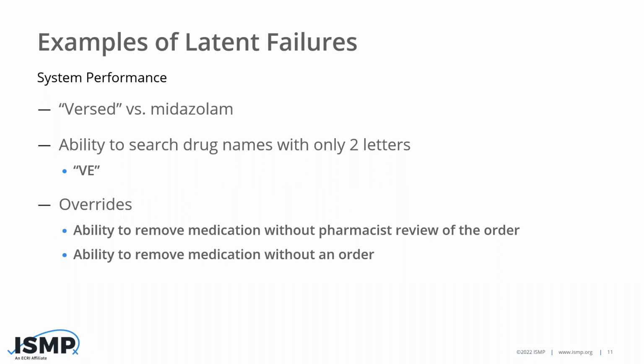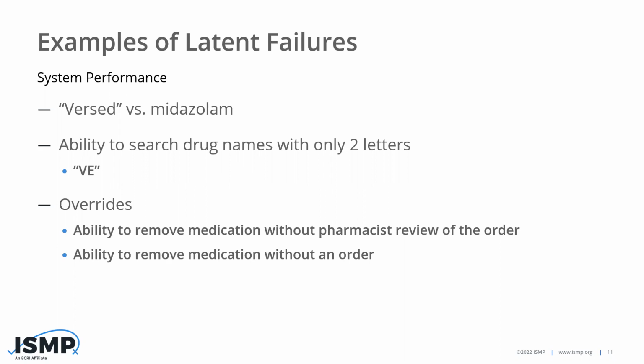But based on investigations at the organization, there were many latent failures or contributing factors that were a result of unsafe practices allowed by the organization. For example, in that first bullet, many practitioners and prescribers around the country still use brand names of medications that no longer exist, like in this case, Versed, or think of drugs like Ativan and Xanax. They're easier names to say and spell compared to the generic names. So an order was given for Versed, not the thing that was available, which is only midazolam.